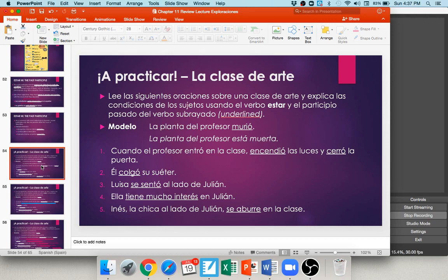Okay. Another example for you in number 1, cuando el profesor entró en la clase, encendió las luces y cerró la puerta. So when the professor came into the class, he turned on the lights and he closed the door. So we want to rewrite this sentence to say that the lights are on and the door is closed. If we do that, we can see las luces are lights. There are multiple lights here, so we want to use the plural form of estar. Las luces están